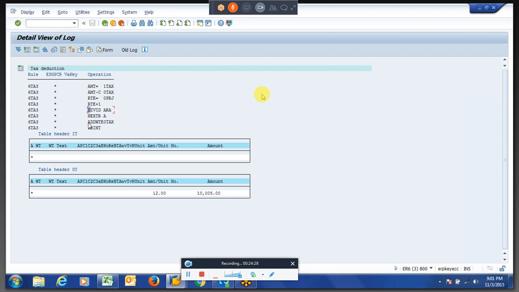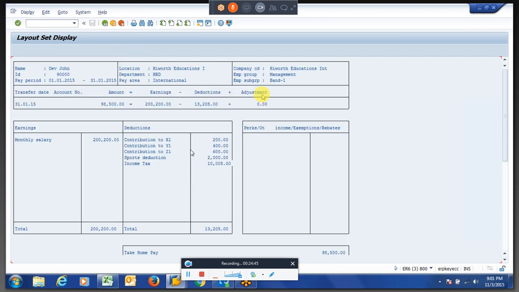So finally we are adding that amount to the monthly tax wage type, which is 10,005, right, which we got over here.